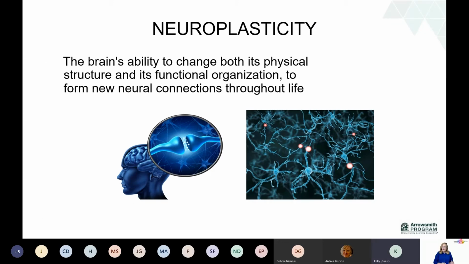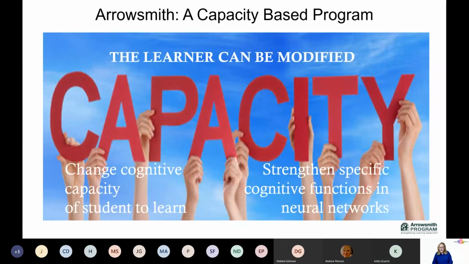It's really founded in the concept of neuroplasticity, the concept that our brain is capable of change. It's capable of change across our lifetime, both functionally and structurally, which leads to changes in the capacity to be able to learn. So this is the fundamental premise behind our work. And I call this a capacity-based program versus, we're not teaching content, we're not teaching skills, we're fundamentally changing the brain's capacity to learn. And with SIP, we're working on the symbol relations cognitive function, which I'll talk a little bit about.